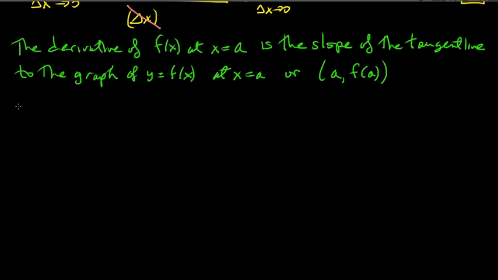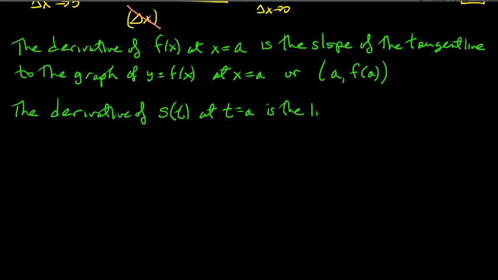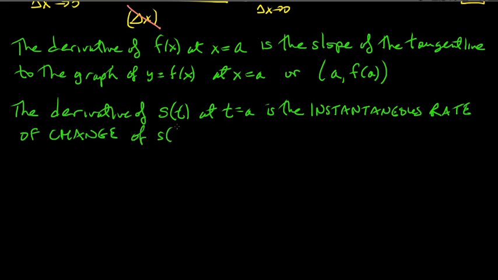But it also means something else, something we referred to earlier. So the derivative of, I'll call it another function, say s of t, at t is equal to a, is the instantaneous rate of change of the function s of t, again, at t equals a. So, for example, if s of t is the position at time t,